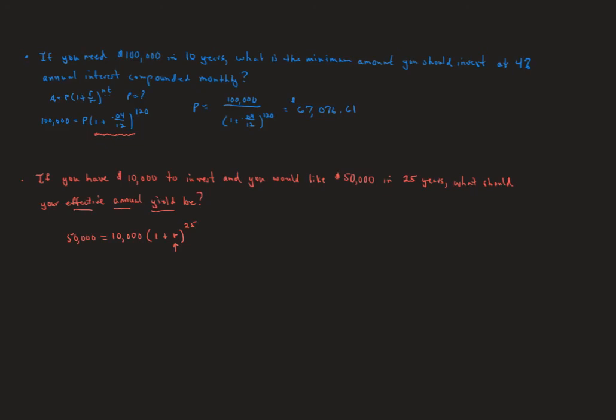So to solve this, we're going to divide both sides by 10,000. So that's going to give us 5. And then we'll have 1 plus r to the 25th. So we will have to raise both sides to the 1/25th power, or take the 25th root. So this goes into your calculator. And when I do that, I'm getting 1.06649, and that's our 1 plus r. So if we subtract off the 1, we're getting